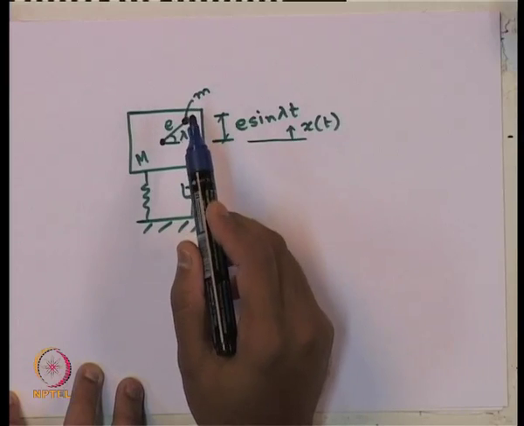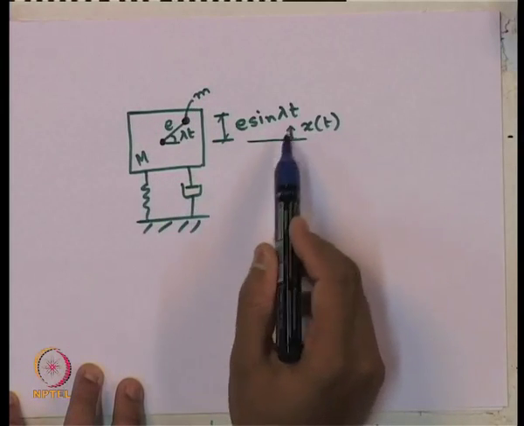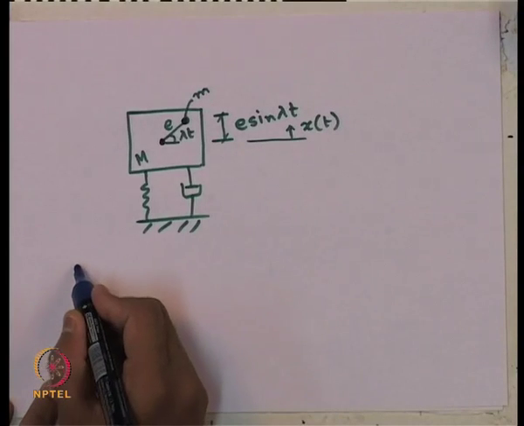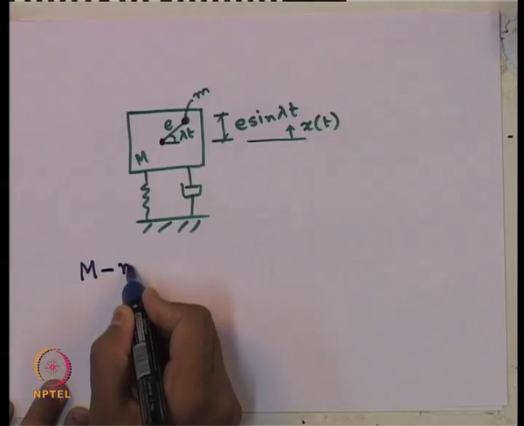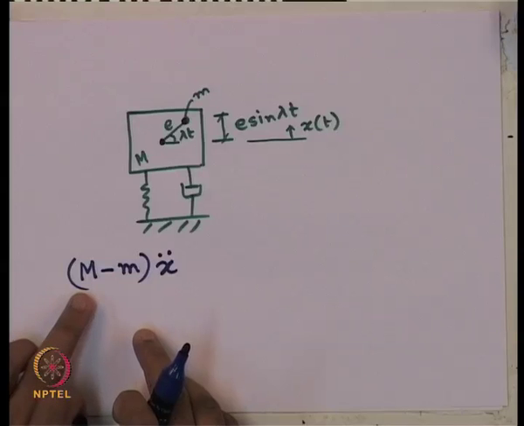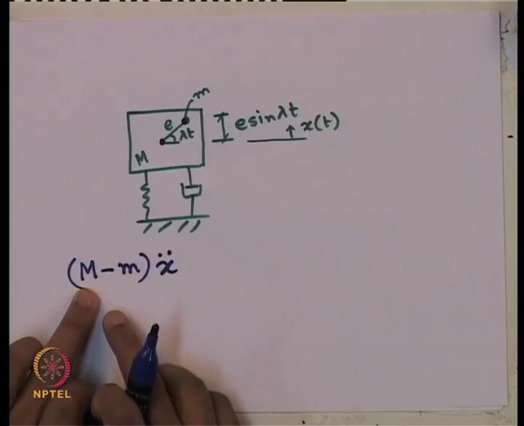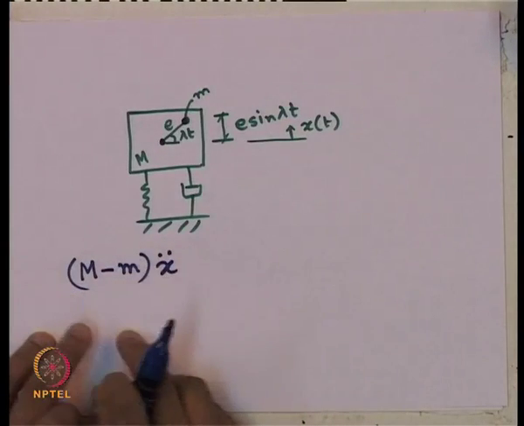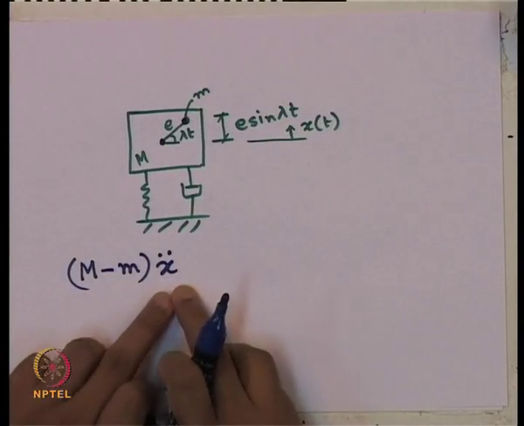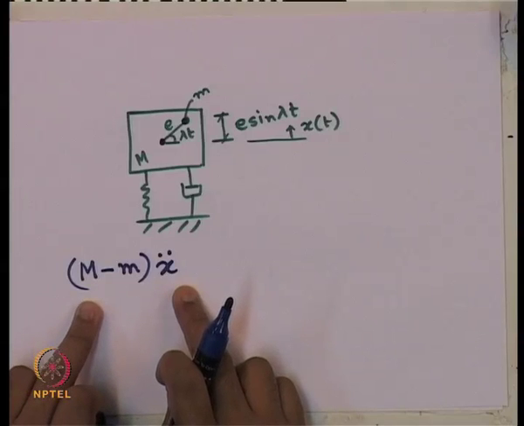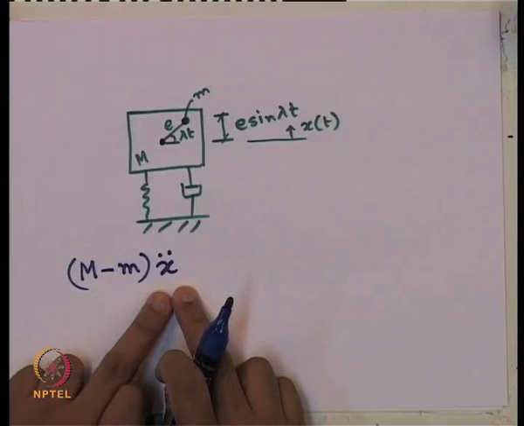So, excluding the eccentric mass, the main system has an acceleration of x double dot. So, I have the inertia force (M minus m) x double dot. This is the total mass of the system. If I exclude that eccentric mass, that is subjected to acceleration x double dot. So, the inertia force is (M minus m) x double dot